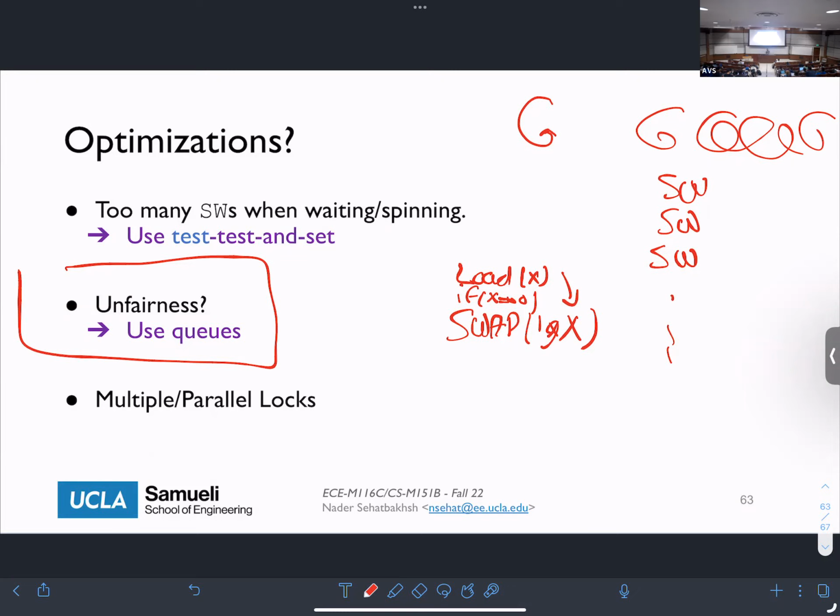I'm not going to go through the details of this, but there's a whole bunch of questions, like how do we avoid deadlocks, how do we do multiple locks, and so on and so forth. If you're ever taking a parallel programming class, you will see all these things, because there will be scenarios where you need these kinds of things. Okay.